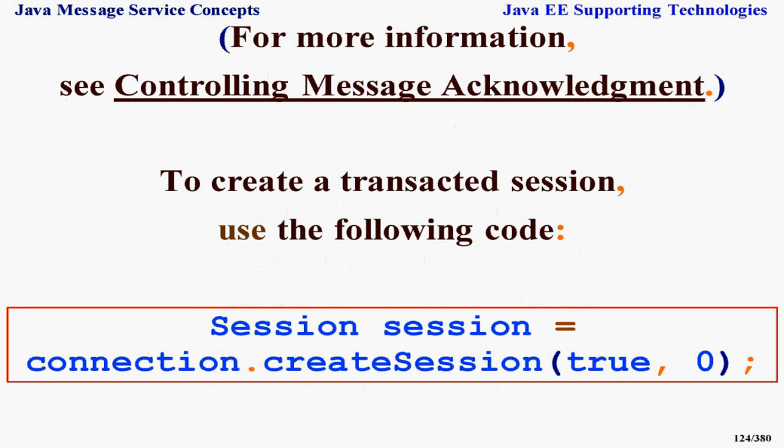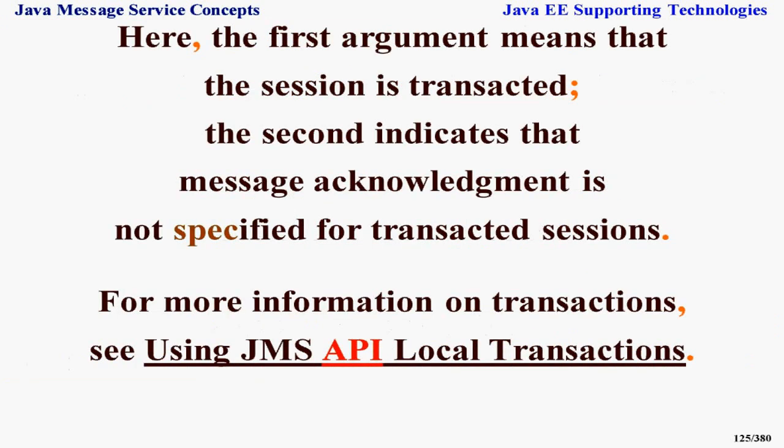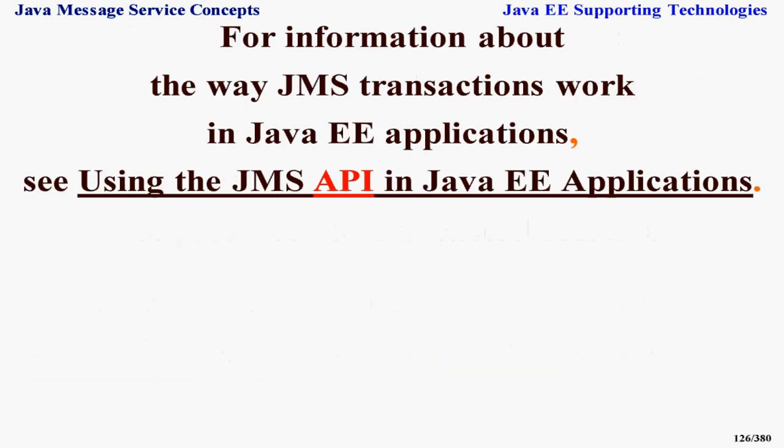To create a transacted session, use the following code: session = connection.createSession(true, 0). Here, the first argument means that the session is transacted. The second indicates that message acknowledgement is not specified for transacted sessions. For more information on transactions, see Using JMS API Local Transactions. For information about the way JMS transactions work in Java EE applications, see Using the JMS API in Java EE